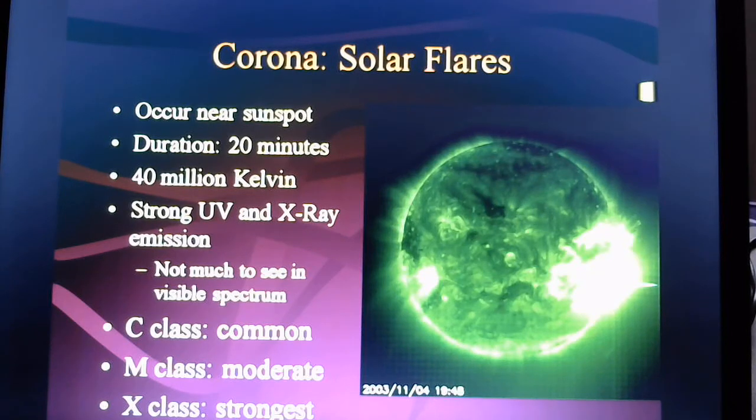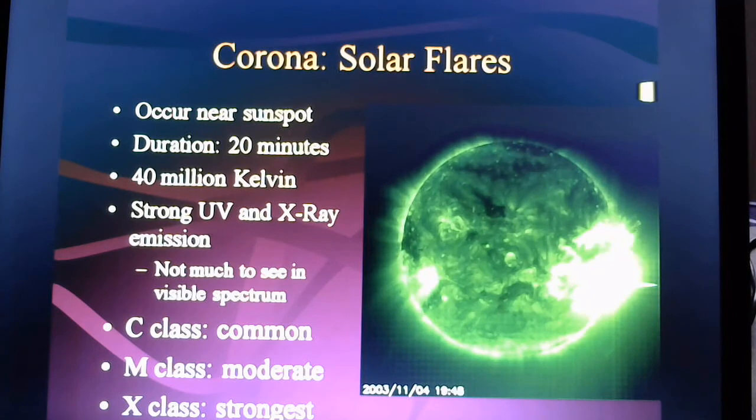Solar flares are features of the corona that occur usually above sunspots. Remember that a sunspot is down on the surface of the sun on the photosphere, so a solar flare is occurring in the atmosphere up above a sunspot. Even though it's called a flare, it can last up to 20 minutes. It doesn't just flash on and off. So this is an event which has lots of energy coming out of it that can last for 20 minutes,